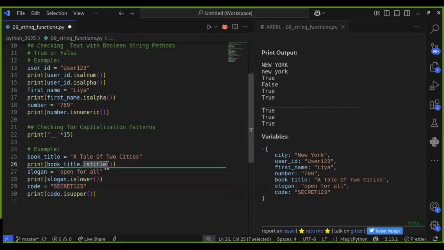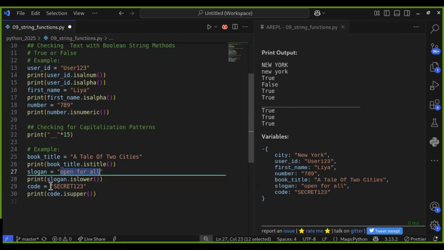istitle checks whether each word in the string starts with an uppercase letter. So in the book title, all words start with an uppercase letter, so it returns true. islower checks if all letters are lowercase. So in the example, the slogan open for all has all characters lowercase, so it returns true.